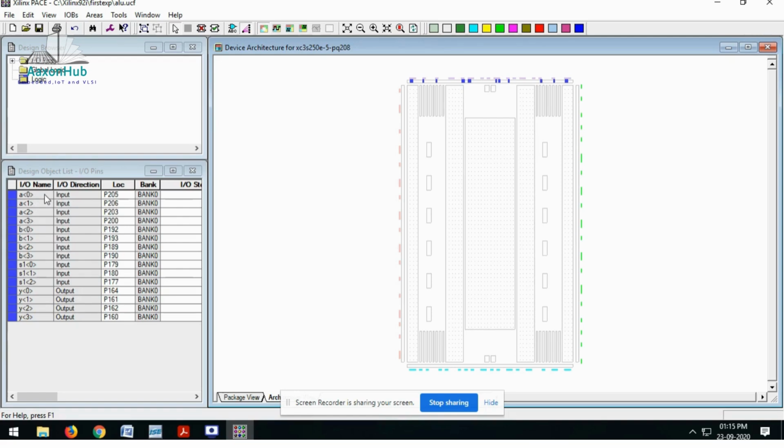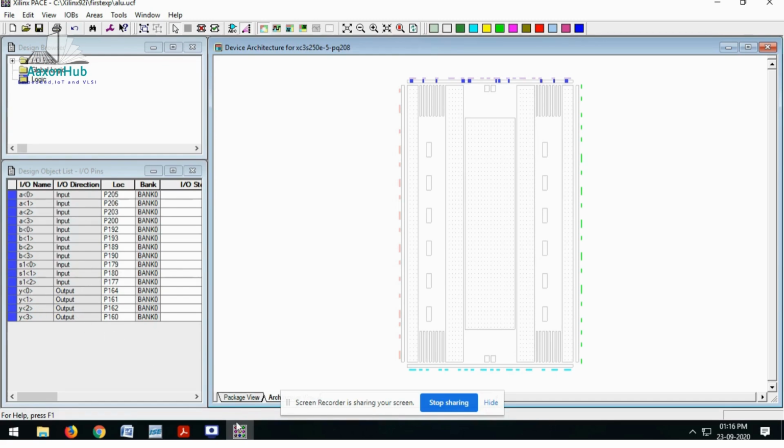As per our 4-bit ALU arithmetic and logical operation, we have two 4-bit signals, A 4-bit signal and B 4-bit signal, a 3-bit select signal, and the output signal, again of size 4 bits, the same as the input.